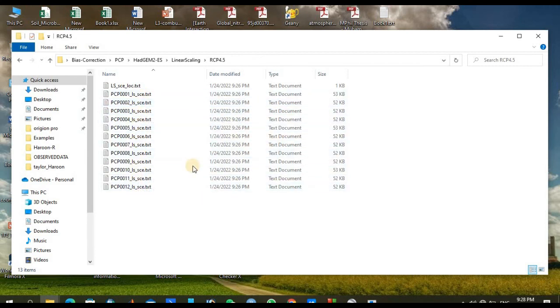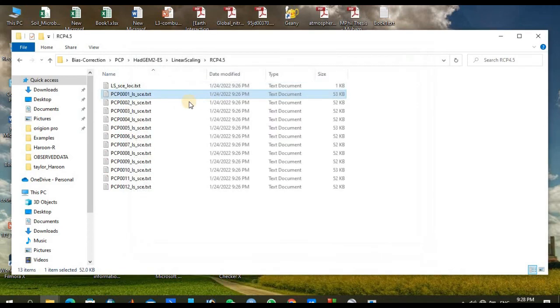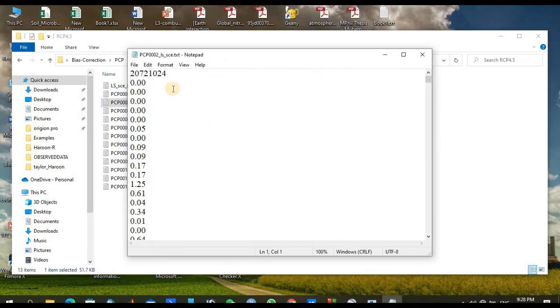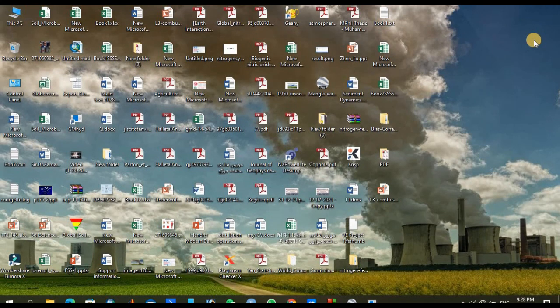Under RCP 4.5 there are 12 different text files. Each file is representing one station. So let's suppose in PCP, the first station, we will check how it looks. It is actually starting from 2072, and it goes to 2099. Similarly, the second file is also starting from the same date. In this way you can extract your data from NetCDF files,